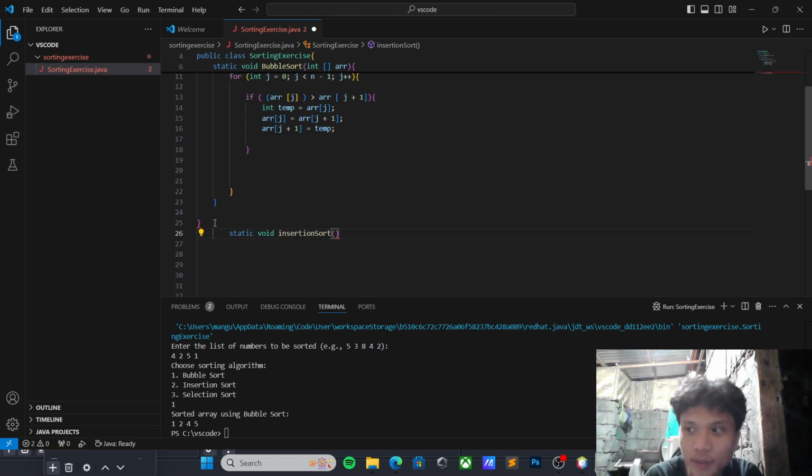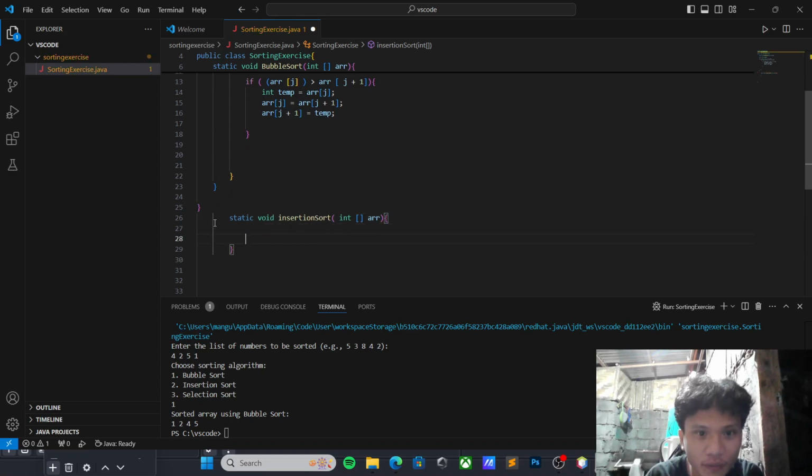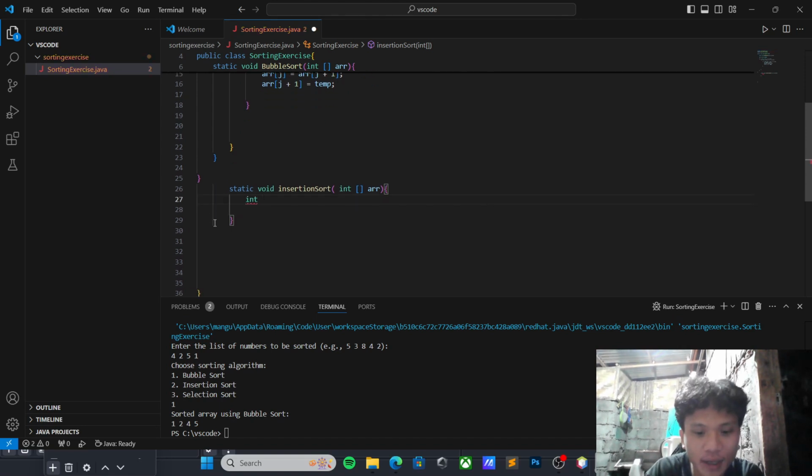Then inside the parameter we have the int array r as our variable. Then we have to initialize int n equal to r.length.